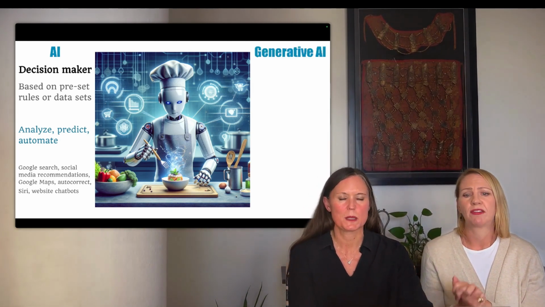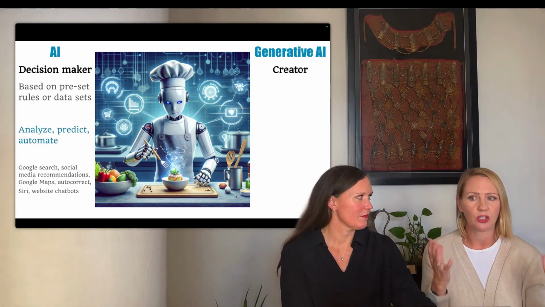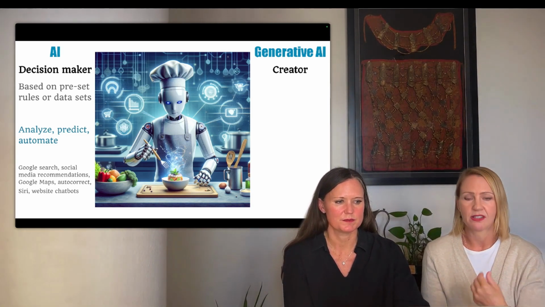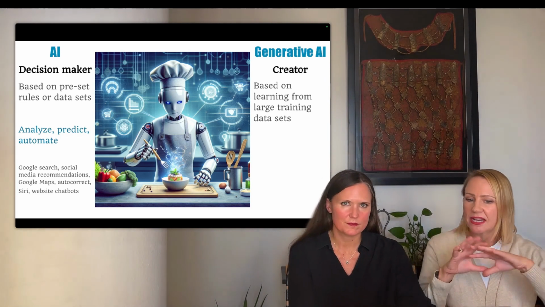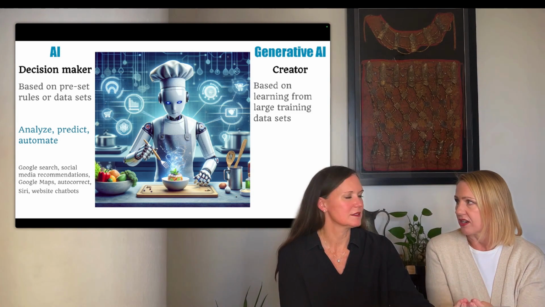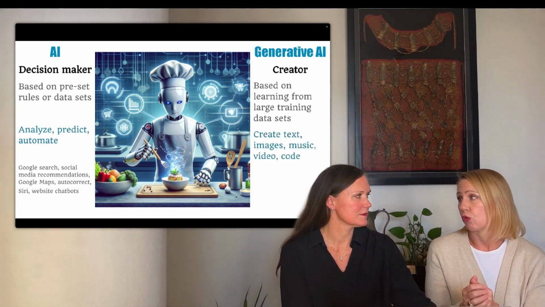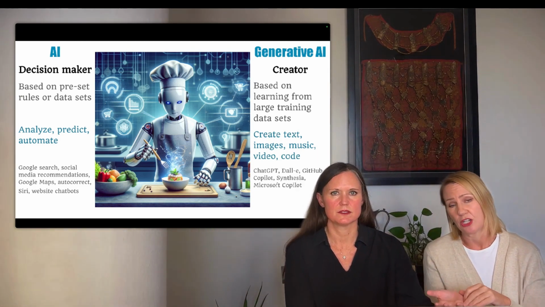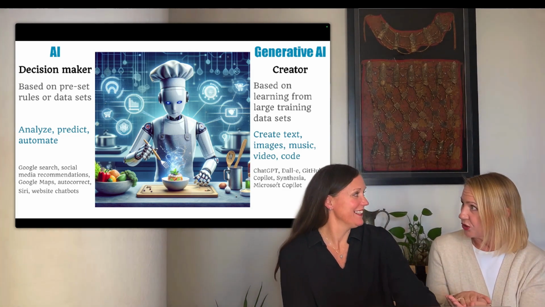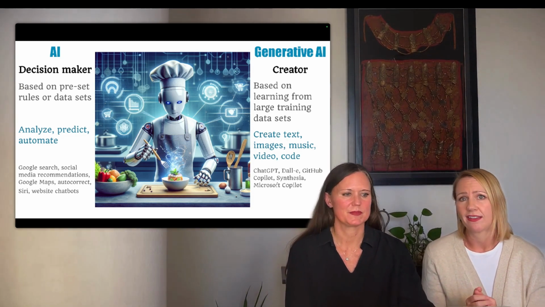Exactly. But a 5-star chef, like generative AI, is quite different. A 5-star chef understands everything about cooking, all the ingredients, all the techniques, and with that body of knowledge, can create brand new recipes. And that's like generative AI. It's based on these massive training sets. It just understands them, and it's creating new things for us. For example, text, images, music, video, code. These are all things it can create. Cool. And you may have heard of ChatGPT, of course, DALL-E, GitHub Copilot, Synthesia, Sora. That's a new product. And Microsoft Copilot. These are generative AI.